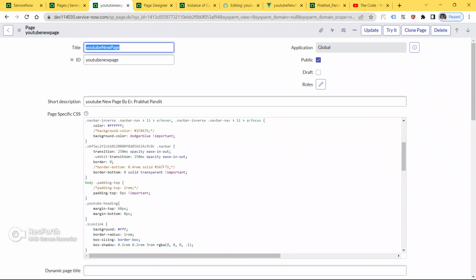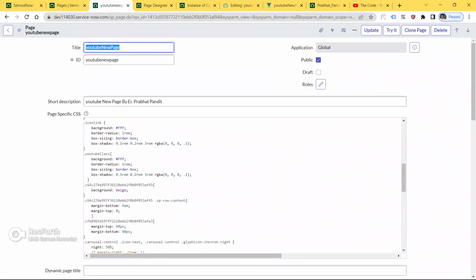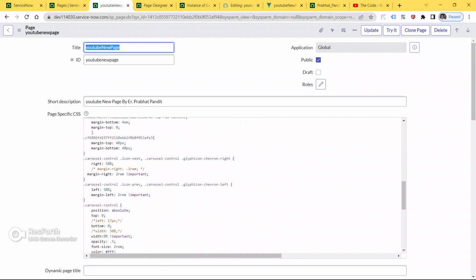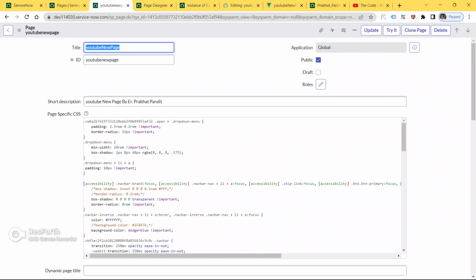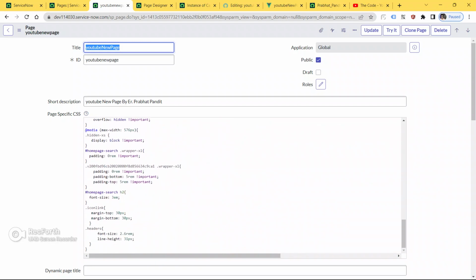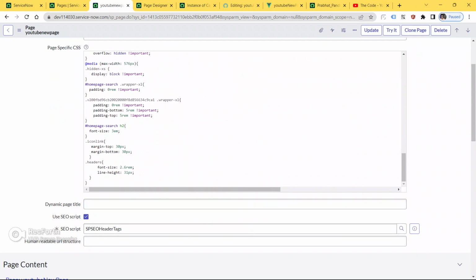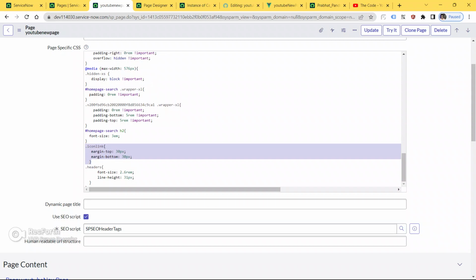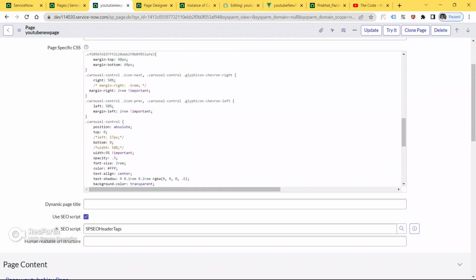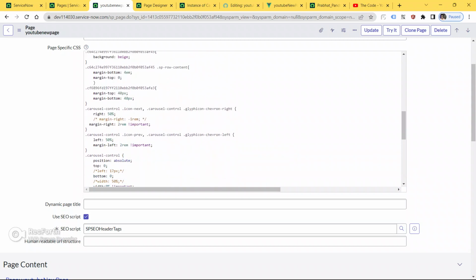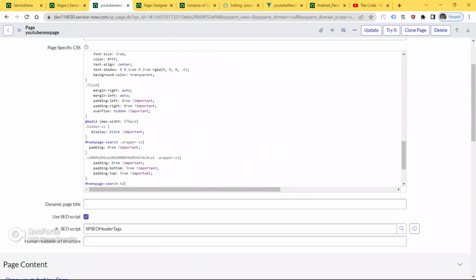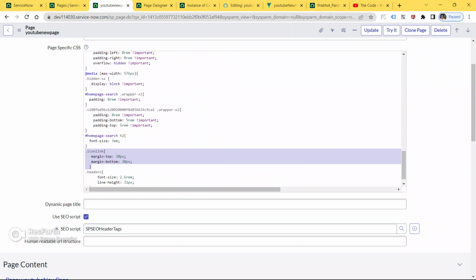Just put some gap here, guys, in this cart also. To give some gap, go here and click on the icon link, copy it from here and paste.